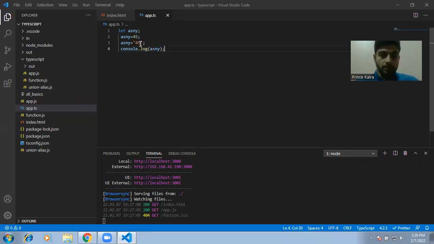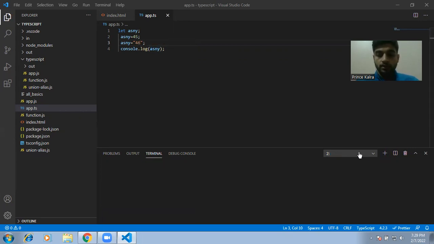So let only uses the last value that we store in it. Like we defined 55 as a number before, but then we defined 46, so it will look up the 46 from that string value. So from the code,